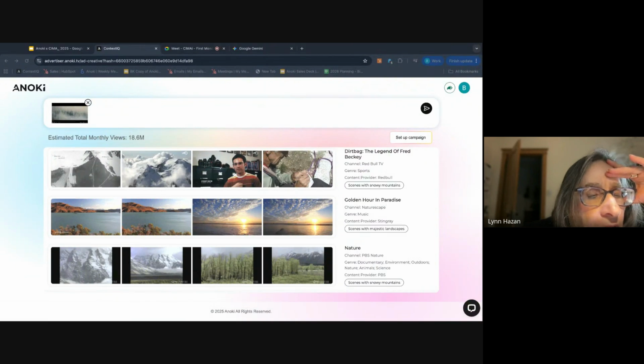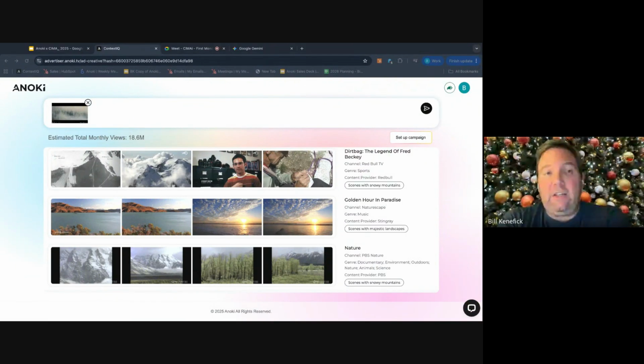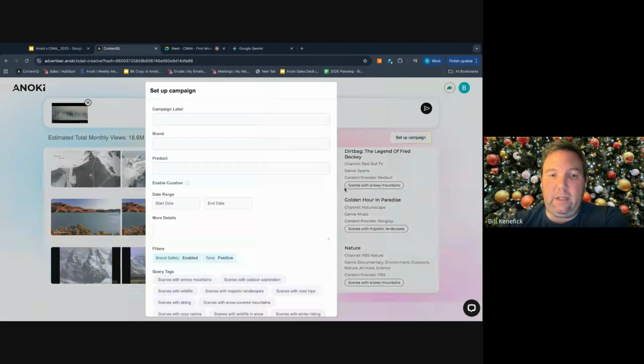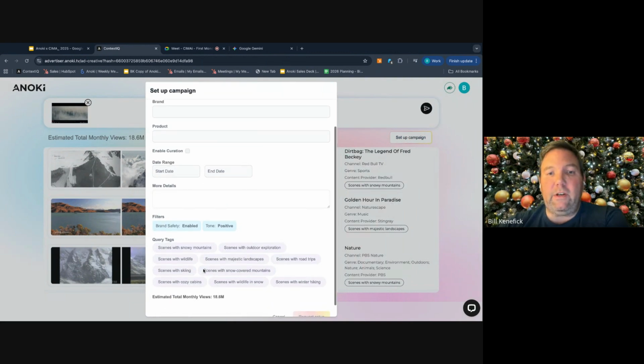Yeah, exactly. As our system, we do curation and bundling of all the scenes that make sense, as an example, like here, based on query tags, right? So if I were to work with Wyoming in this example, I would say, let's do a campaign on CTV.